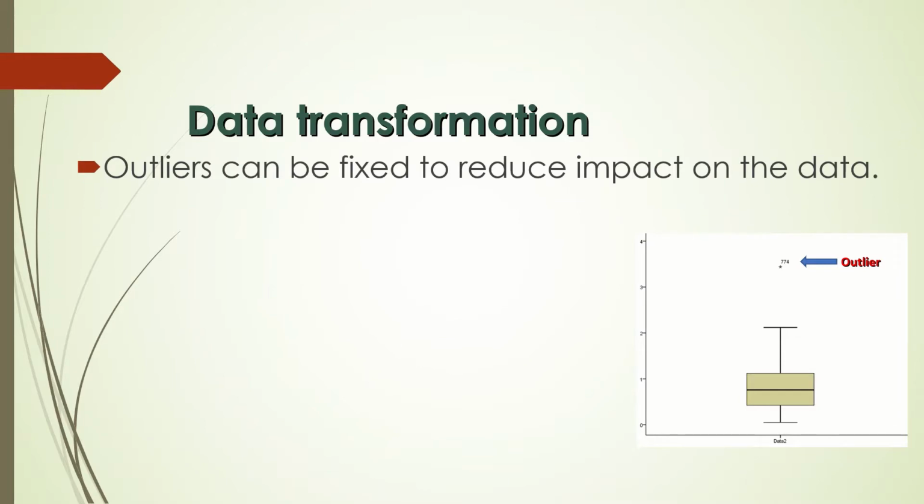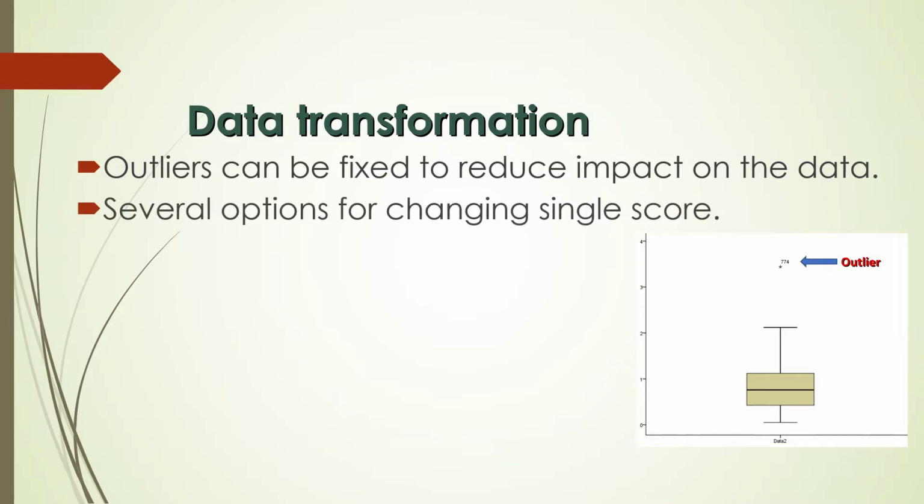Data can be not normally distributed, or the distribution of the data can be not normal, due to several reasons. One of them is outliers. Outliers are extreme values in your data that are extremely high or extremely different from the rest of the values within your data. Outliers can have an impact on your data, and this impact can be reduced. There are several options for handling and dealing with outliers